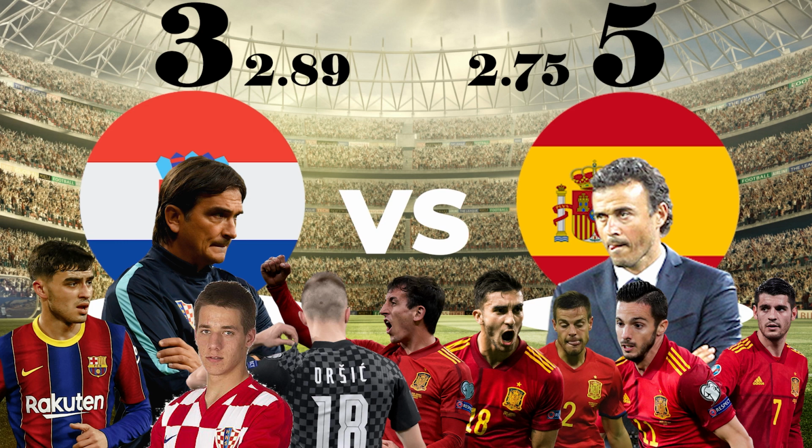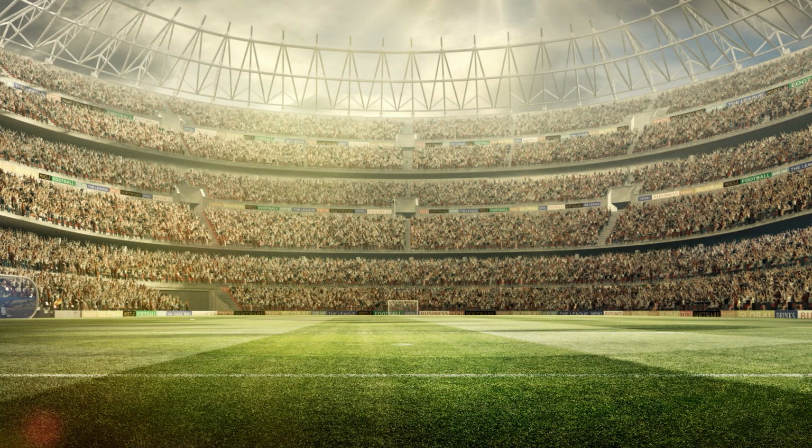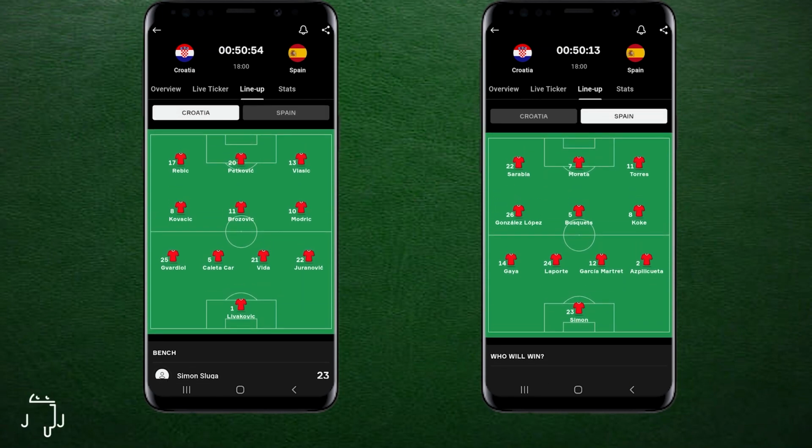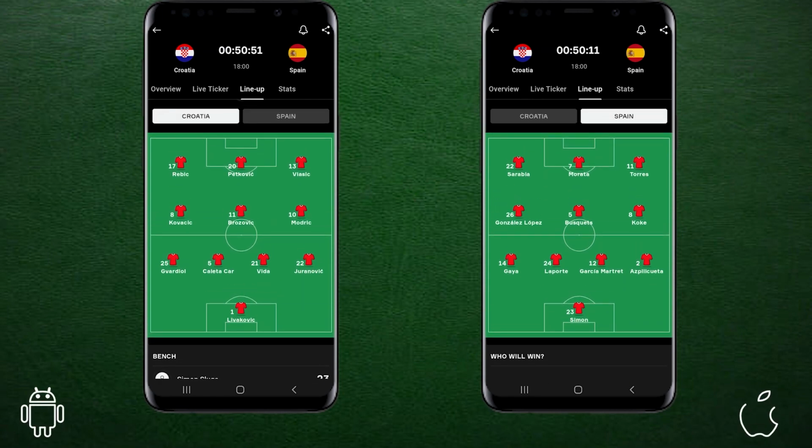The XG after 90 minutes and after extra time showed just how end-to-end and how close the game was. But what tactics did both managers use? Let's take a look. A quick reminder of both teams' formations, as you can see courtesy of our video sponsor,